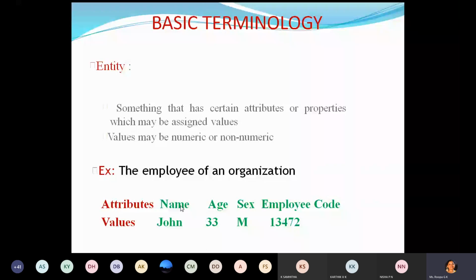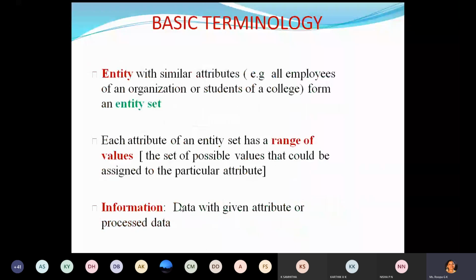Now, entity set. What is an entity set? Entities with similar attributes. For example, all the employees in an organization or all the students of a college form an entity set. All the students will have different names, different USNs, but they have similar attributes. One student's name is one attribute.